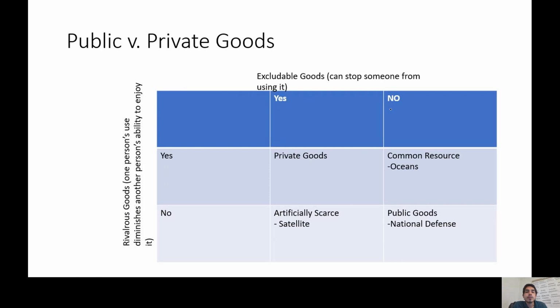So we said if a good is excludable, we said these two qualities matter, and I'm going to use them to classify goods into 4 different categories, right? If a good is excludable, it means you can stop someone from using it, right? So yes or no. And really there's a spectrum because sometimes there's a gray area. And then if a good is rivalrous, it means one person's use diminishes another person's ability to enjoy it, right? And then I have yes or no. And of course, there's a hefty gray area for this as well.